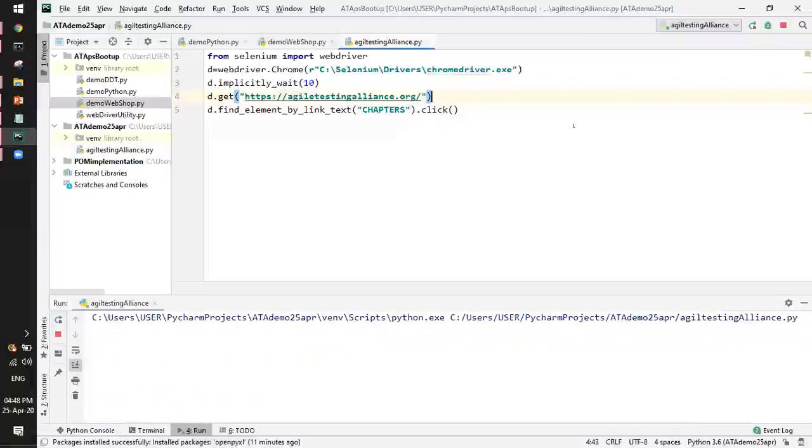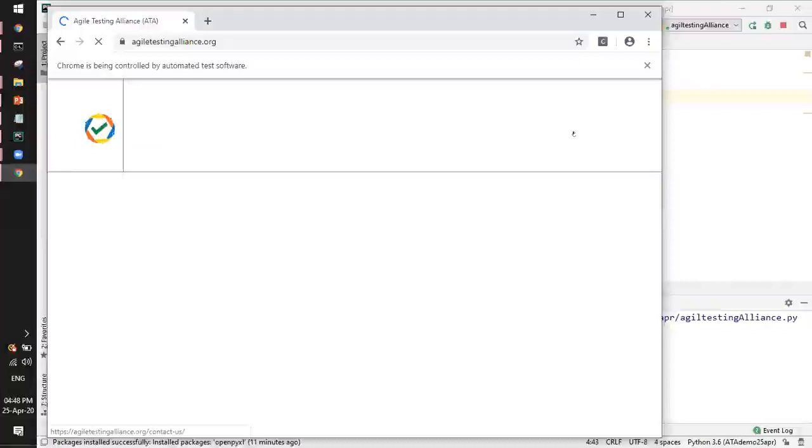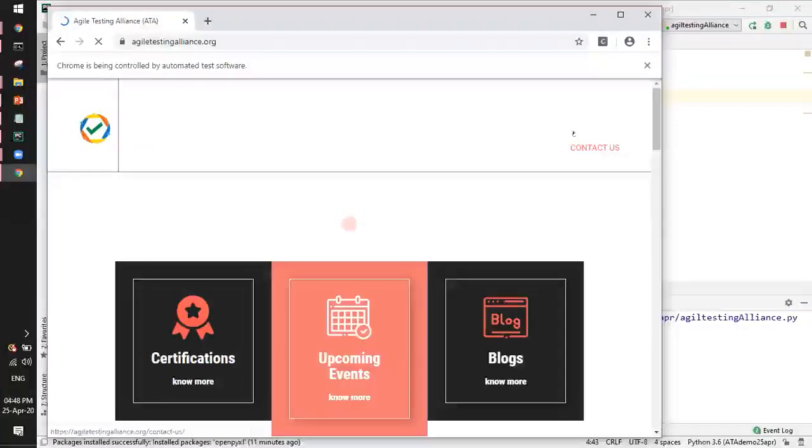This is the procedural way of the code to execute. So let's launch the browser and enter the URL.